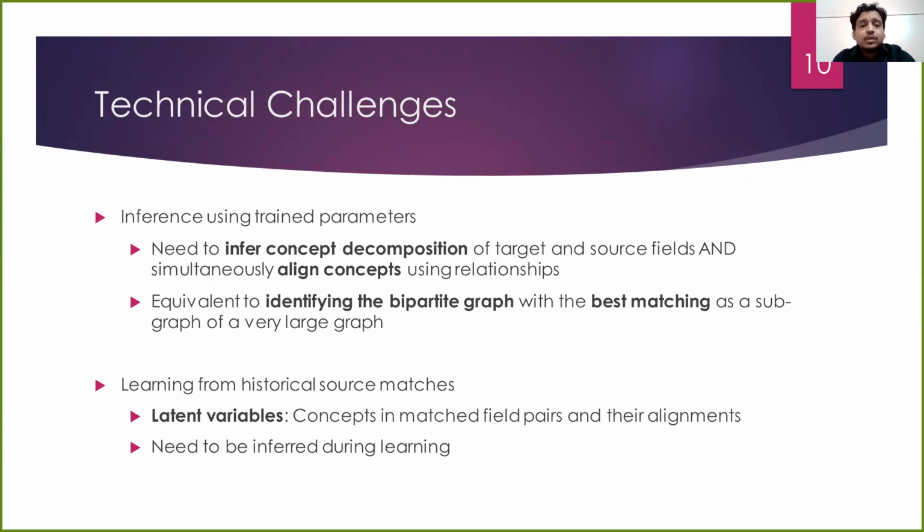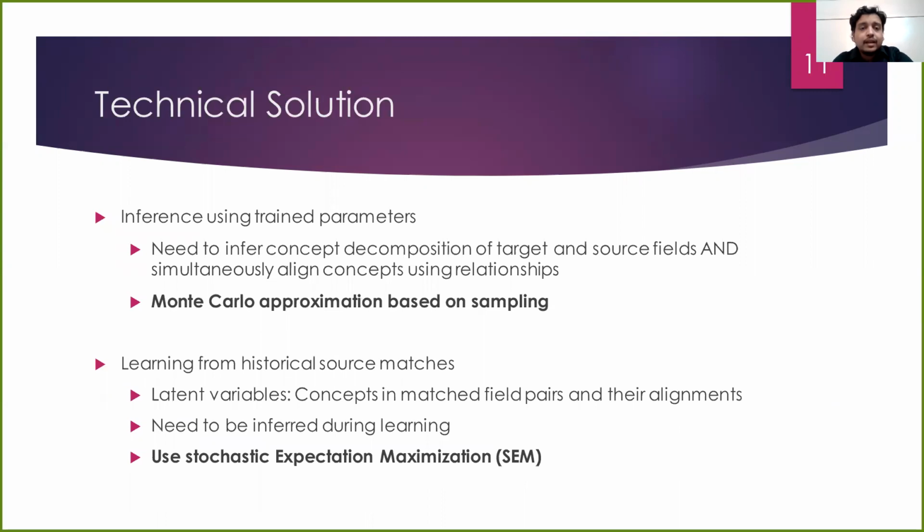The problem is equivalent to identifying the bipartite graph with the best matching as a subgraph of a very large graph. In the learning task, the probabilities of the concepts and relationships are acquired from the concept decomposition and alignment among historically matched field pairs. As all the concept decompositions and alignments in the historical matchings are unobserved, inferring all of these is required. As a solution to our technical problem, Monte Carlo approximation using sampling is used for inference and stochastic expectation maximization